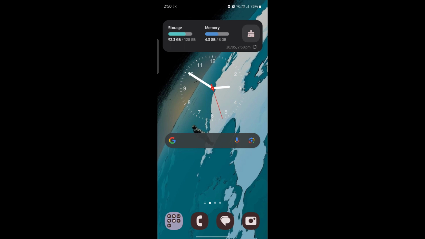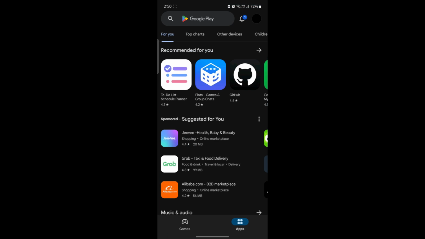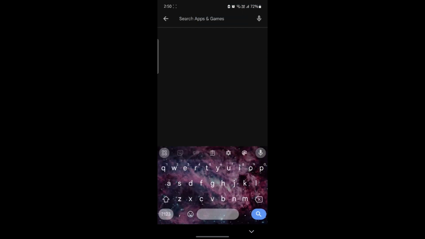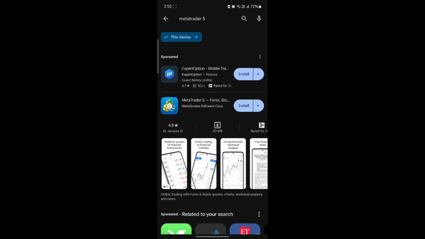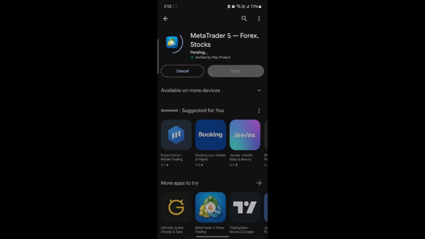In this video, I'm going to teach you how you can download MetaTrader 5 on your Android device. Go ahead and open Play Store, which is on your phone. Go to the Google search bar and then search for MetaTrader 5. Click on MetaTrader 5 and you can see Install. Tap on Install. In a while, you can notice that MetaTrader 5 will be downloaded on your phone and now